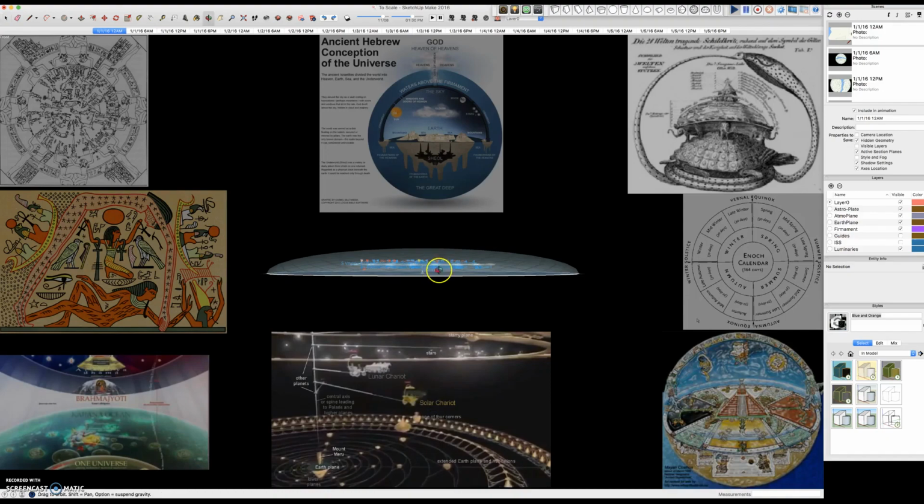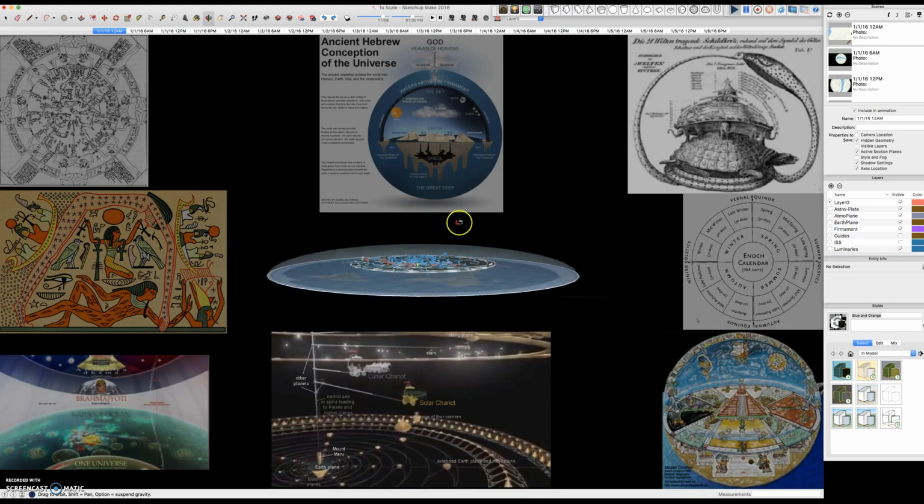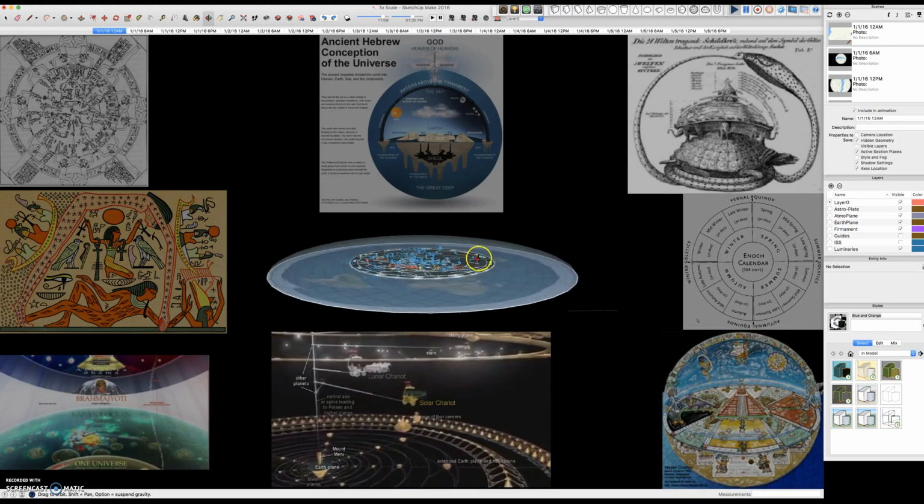Welcome to a new look at an ancient view of the universe. This is my new geocentric plane flat Earth enclosed 3D model using Google SketchUp. In it, I've taken inspiration from ancient cosmologies like the Egyptians, the Vedas, the Hebrew, Japanese, Enoch, Mayan, and many